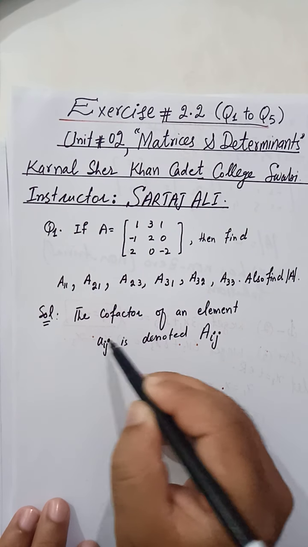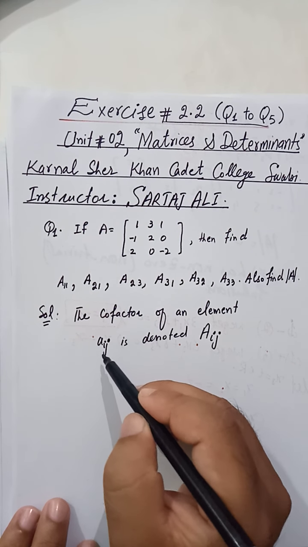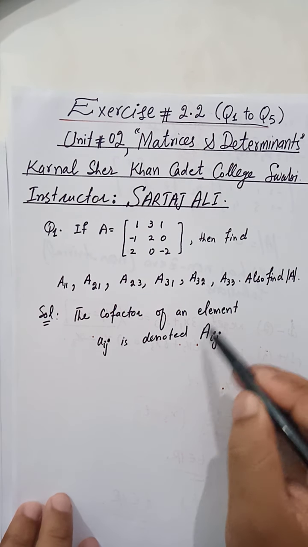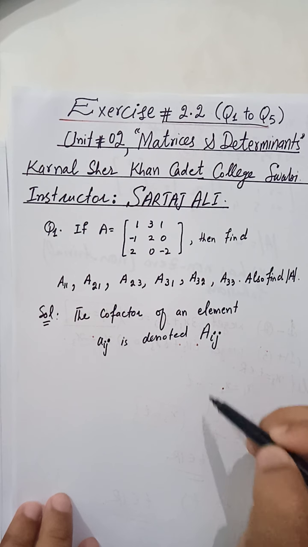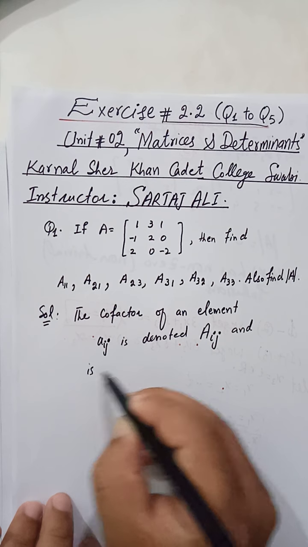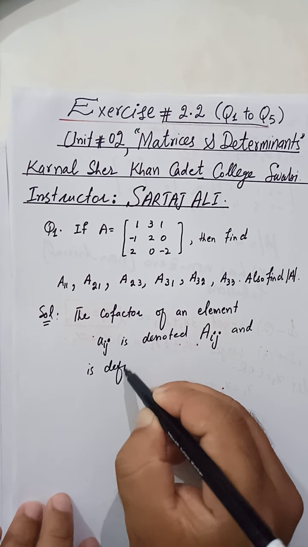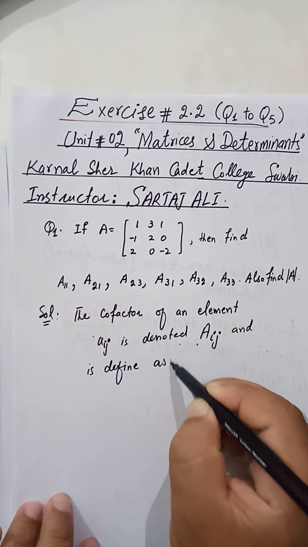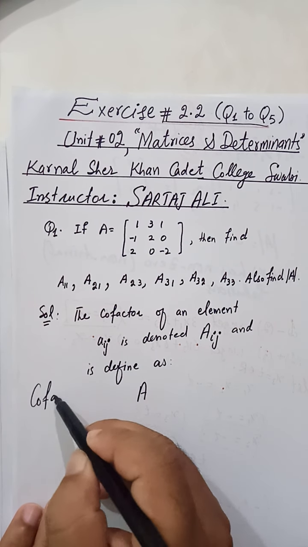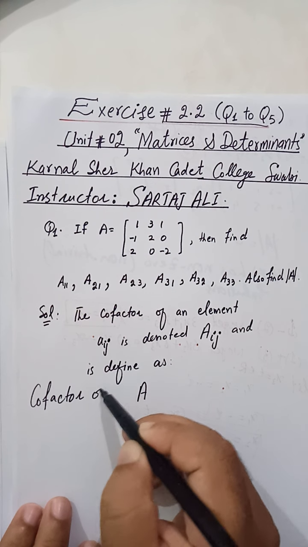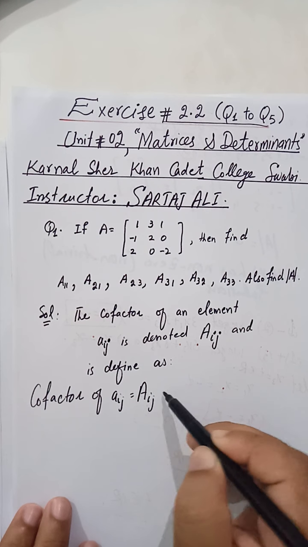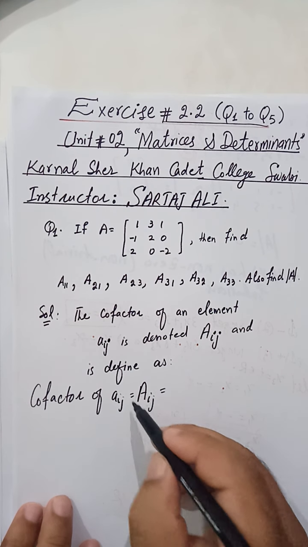This is an element of the matrix which is present in the ith row and jth column. So that must be denoted by capital Aij and is defined as this cofactor. This is actually a cofactor of aij, which is equal to capital Aij, and that will be equal to